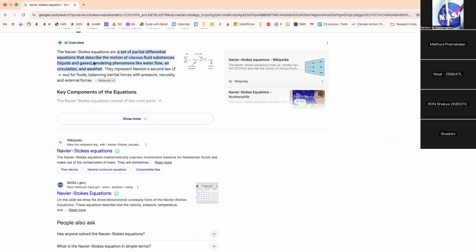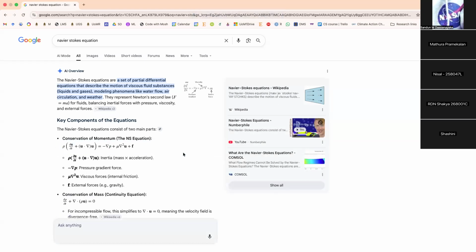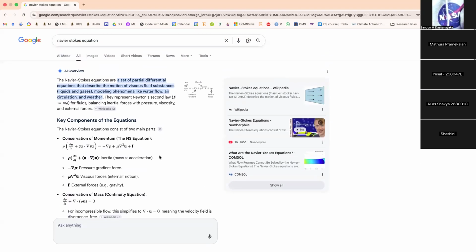So this is what we call the Navier-Stokes equation. Don't worry about the mathematics involved in it, but I'll explain what a simulation is. It's a set of equations, not one equation. It has partial differential equations that describe the motion of viscous fluid substances. Forget about the words, but what it basically does is, if you have water flow and the Navier-Stokes equation,